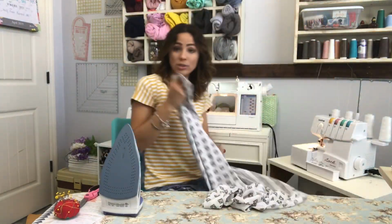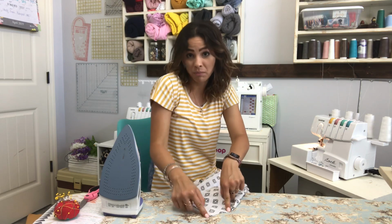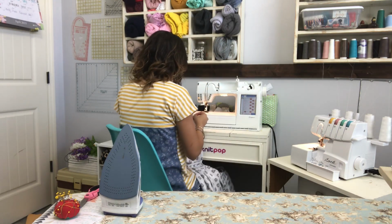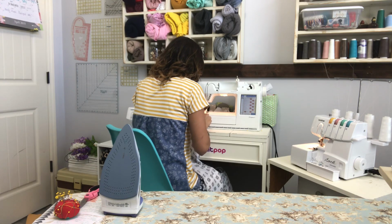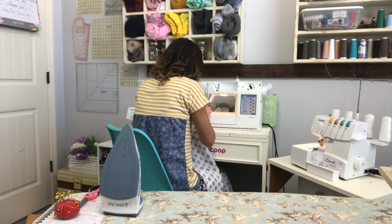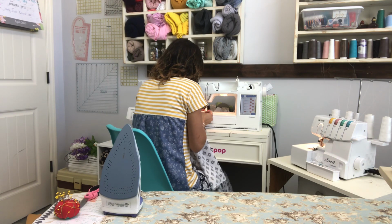But if you want to, just for extra reinforcement, you can fold down and then fold down again, and it will disappear, that serger side. But it gives you more stability. So I'm going to go ahead and sew it again. I just do it right at the edge. So hold it down. Pretty easy, quick and simple. It gives it that little extra